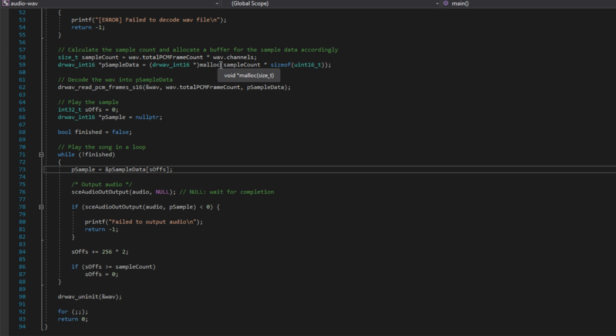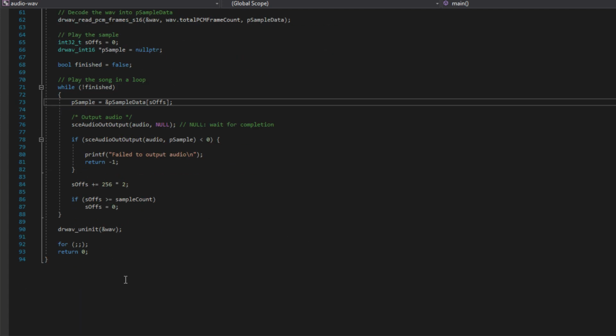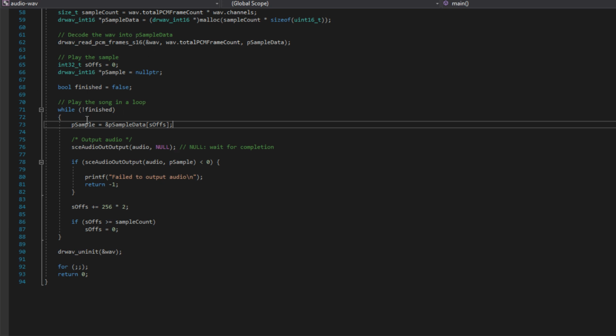You could also use direct memory here as well if you wanted to. Okay, then we just decode the WAV file into the buffer we just allocated, and then we simply do a while loop, and we play the song. So how we do that is we get the sample data from where we decoded the WAV file into, and